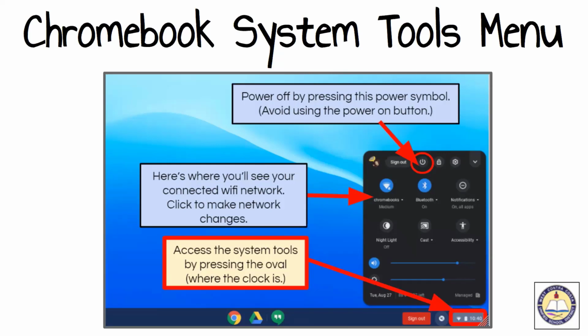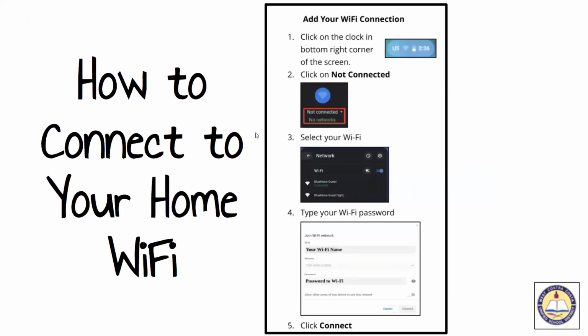So let me go to the next thing because this is important. The next one is how to connect to your home Wi-Fi. Again, you're going to click on the clock in the bottom right-hand corner, and then click on where it says not connected, if that's what happens. That's probably what's going to happen because it's a brand new Chromebook. It's never been connected to your home Wi-Fi.